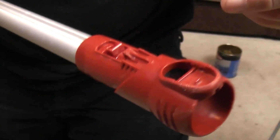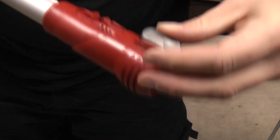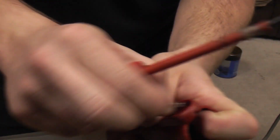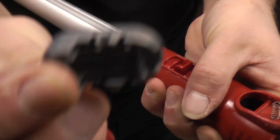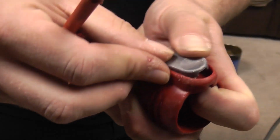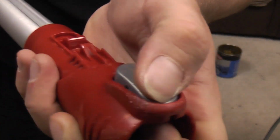And then the final part is this, which is the catch for the top of the wand, which gets full of fluff and is really worth getting clean. So you pop it off, you give it a wash, and then you line up the spring, line up the catch with your, oh hang on, we dropped the spring, look. That needs to be, it's quite difficult to hold like this, all the weight's at the wrong end. So line up, that's where the spring goes on the other side, so roughly match it up, put one side in, and then just ever so gently push, check it does that,